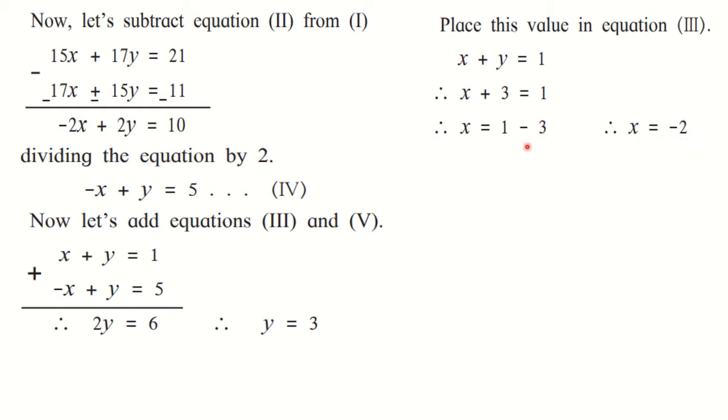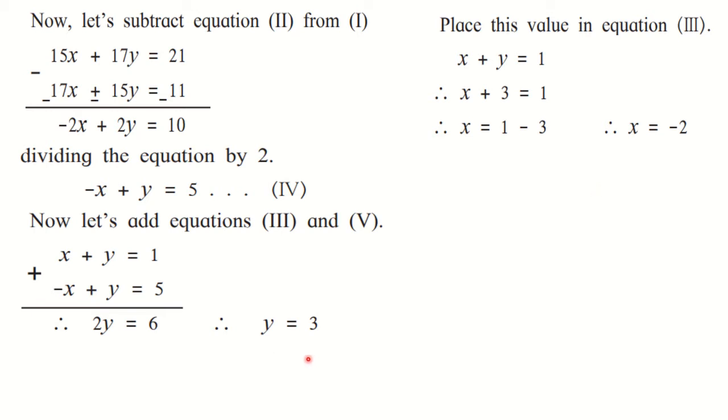Be very careful about signs here. See, this plus 3 is shifted to the right hand side, so it became minus. So 1 minus 3 is minus 2. In a hurry, you simply write 2 and then your answer is wrong. Algebra is all about signs. I have told you so many times, so you have to be very careful about signs here.